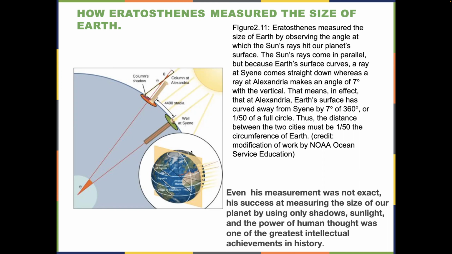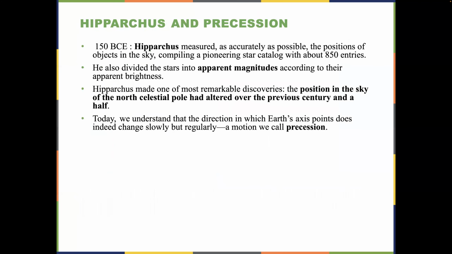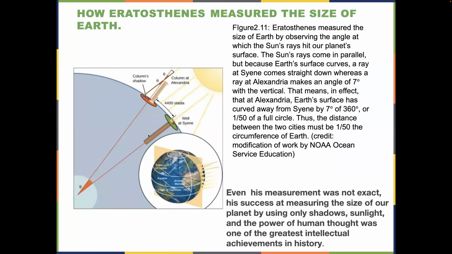However, when you look at these parallel rays from two different locations, you can see that we will observe an angle because of the curvature of the surface that we are living on. We know that the Earth is round shaped, and because of the curvature, we will see it from different angles. So that's what I have mentioned here. The sun rays come in parallel, but because the Earth's surface curves, a ray at Syene, the name of a village or a town, comes straight down, whereas the rays at Alexandria make an angle of 7 degrees